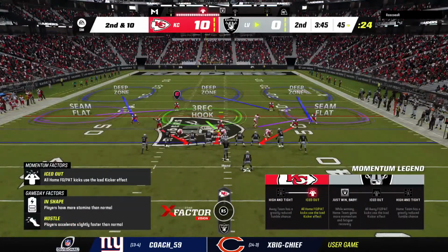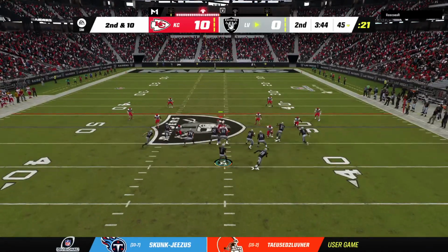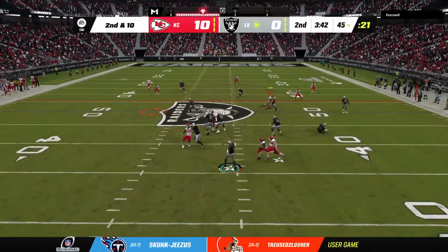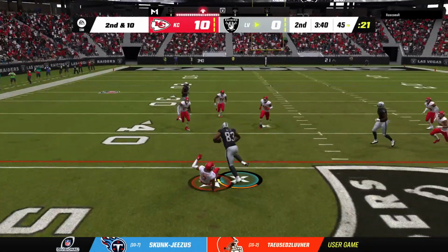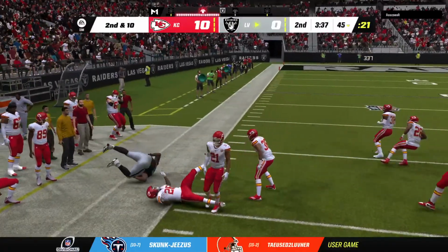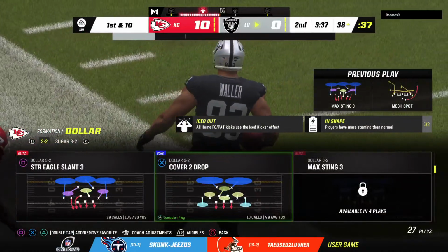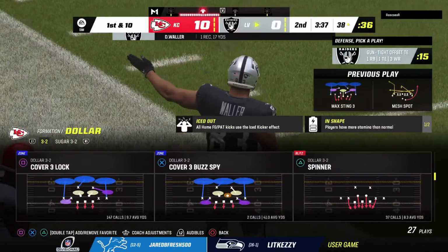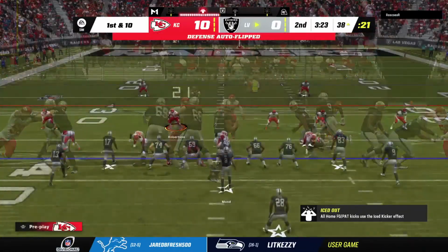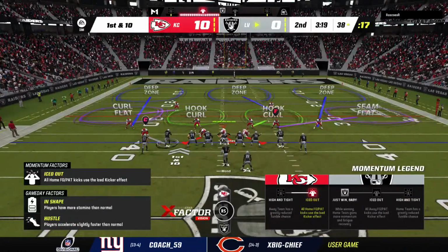So now 2nd and 10 after the incompletion on first down. Back to the air, Mon. Got a man open. It's Darren Waller. Yeah, he's going to be out of bounds, but not before he takes it inside the 40. His first reception of the divisional round matchup, and it's good for a first down as well. 1st and 10 at the 38-yard